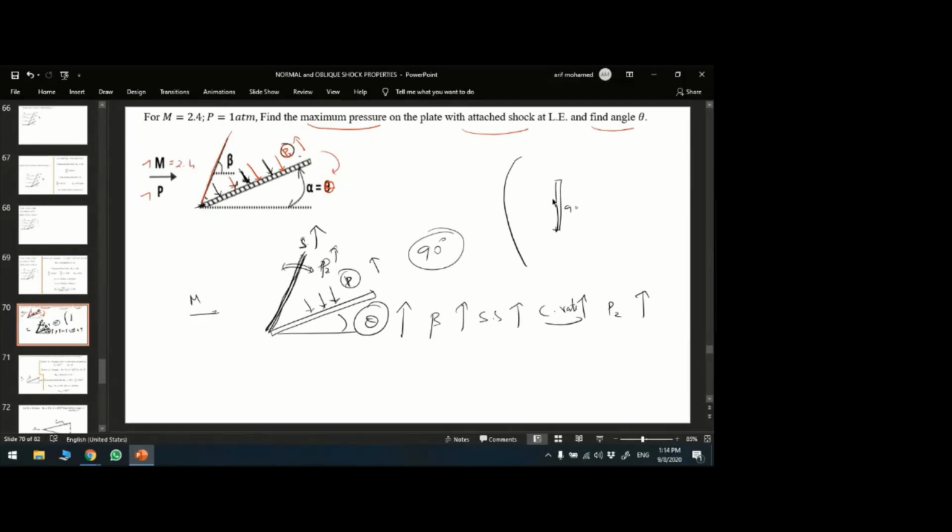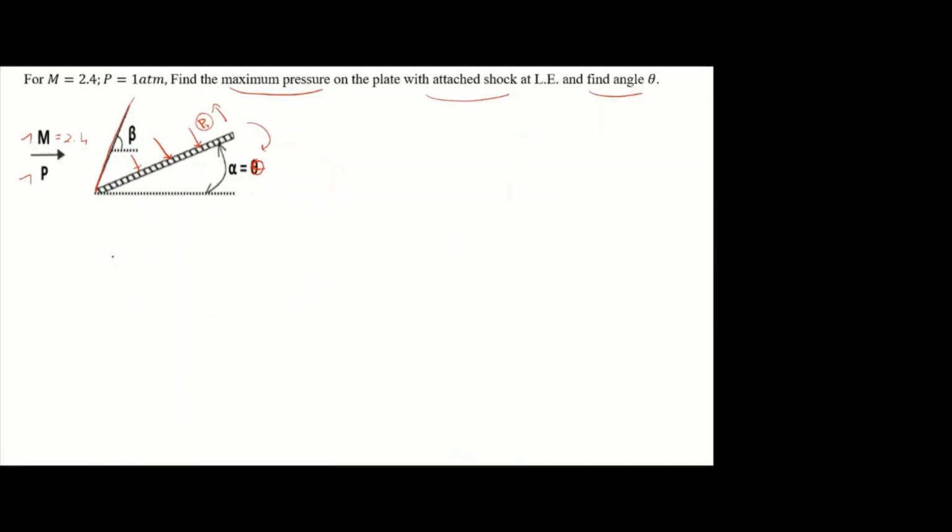If you make this 90 degrees, it will be detached. So the condition is an attached oblique shock wave. Then which theta will you take? For Mach 2.4, we should consider the maximum theta. For Mach number 2.4, we have to find theta max, because only up to that the shock is attached. So the first step is to find theta max from the theta-beta-M graph,